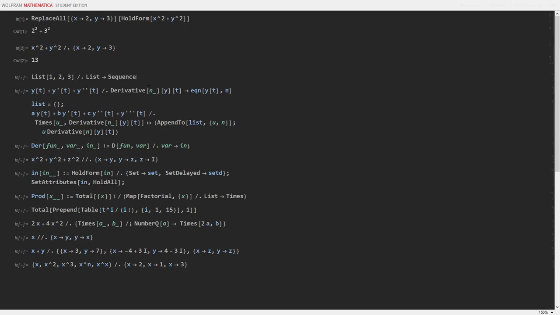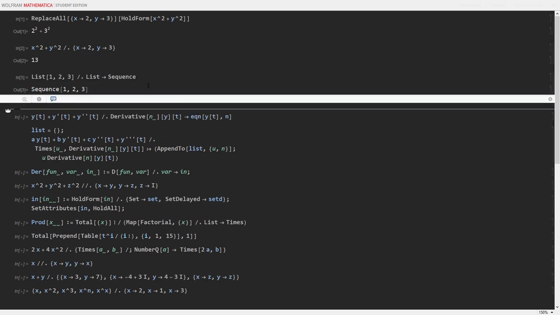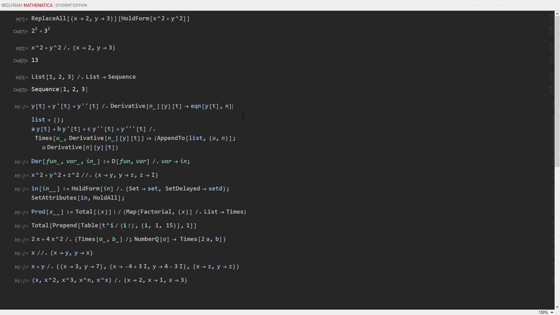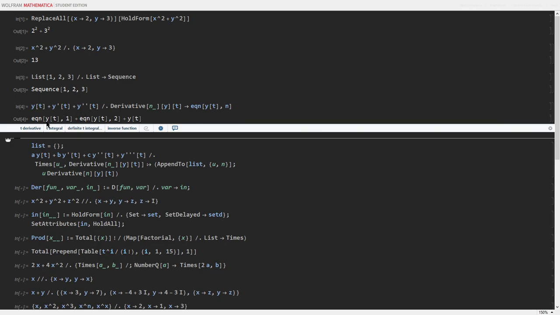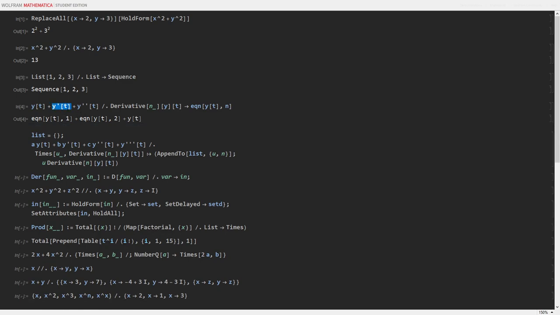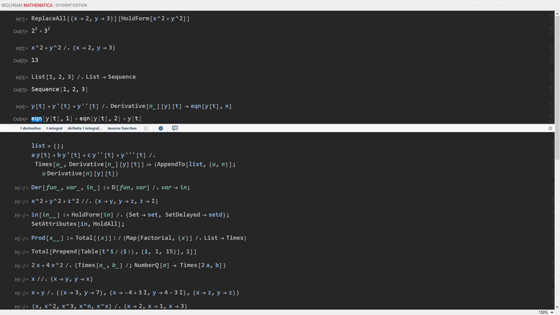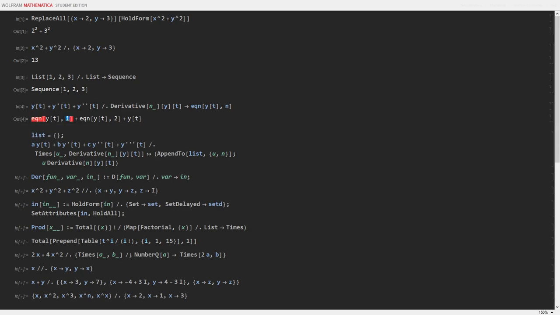I can even replace function heads. It's rather useful if I'm trying to manipulate particular functions and arguments. I can even use this for differential equations, which I did in another notebook, and will further detail after this video. If I run this, I end up with the first derivative being replaced with EQN y sub t 1,